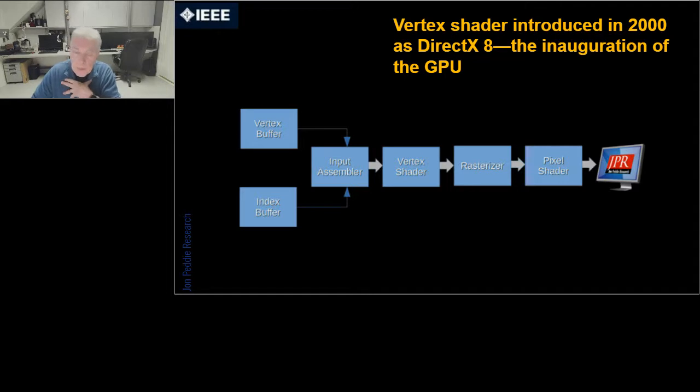When we first started with transform and lighting in the GPU, it was kind of a fixed function. Now, it wasn't hardware fixed function, it was a software fixed function, but nonetheless, it could only do that thing. And so in 2000, short period of time after the introduction of GPU, Microsoft, with the assistance of NVIDIA and ATI, introduced a programmable vertex shader. And that was a big deal also. So that got us started towards the path of using these little processors that are in the GPU in a more robust way.